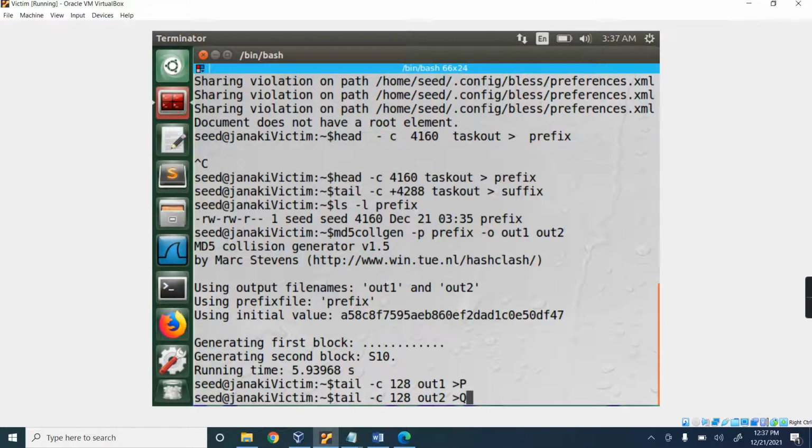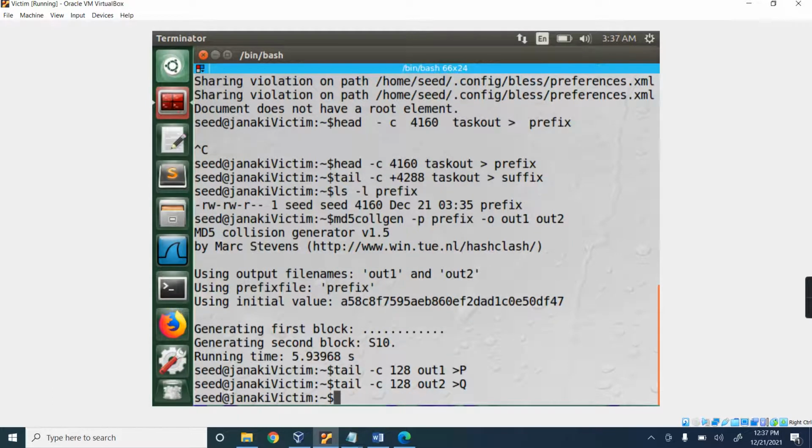So what I have done: from the prefix file I made two files, out1 and out2. Both will have the same MD5 sum value. From out1 and out2 I am extracting p and q, that is 128 bytes, and saving them in new files called p and q.